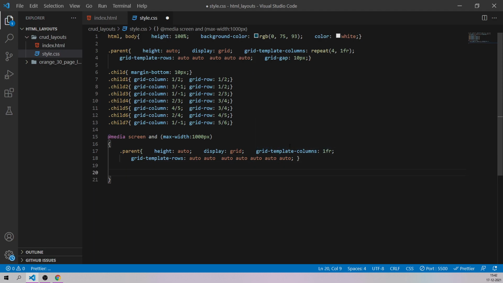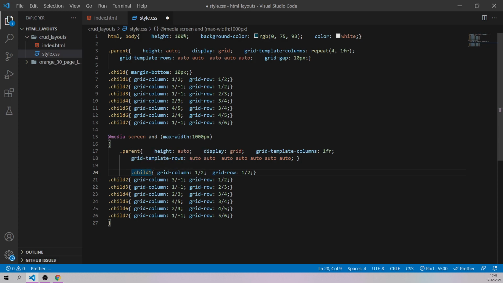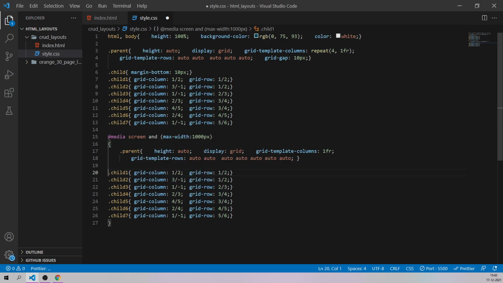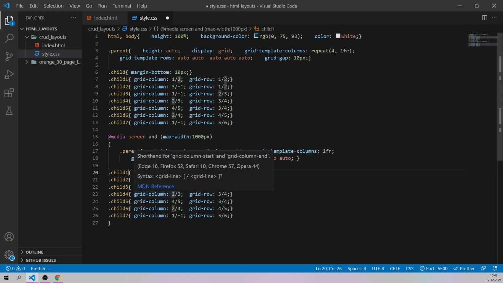Now, just like the alignments when it was in the desktop view, I'll copy this entire code and paste it over here. I'm going to say each and every child should take up the entire column, grid column from 1 to -1.